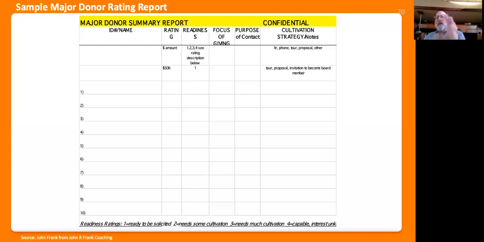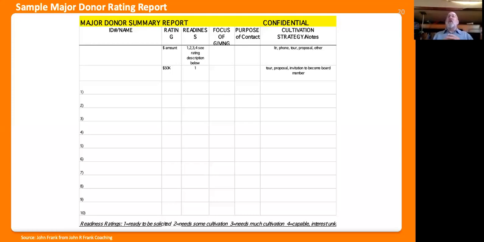Then you have the rating and what they give to. Let's say Mr. Smith, his wife, always likes to give to the children. Or, if you have a cancer wing in your hospital, these kind of things. So then you rate them. Now, here's what you do. You change by being an Excel spreadsheet. You go by the readiness column, put the 1s first, the 2s second, the 3s next, and the 4s at the bottom. What have you just done?